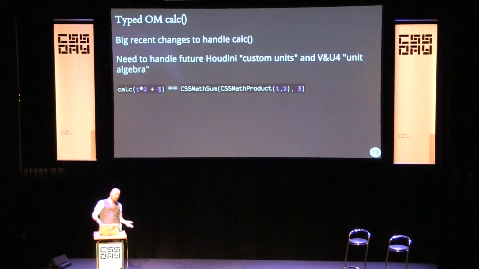So what we settled on is you get the full syntax tree out of the Typed OM when you have a calc. In this example, 1 times 2 plus 3 becomes a sum of a product: the product of 1 and 2, and that summed with 3. More complicated expressions produce a correspondingly more complicated tree, but the benefit of this is that it will work in the future with any future stuff we do that we know of, without having to be changed or any weird awkwardness.